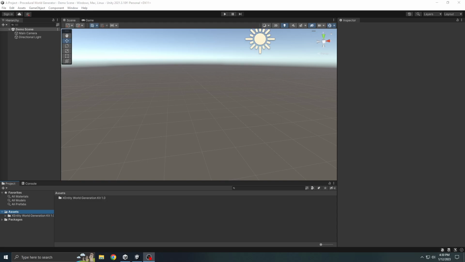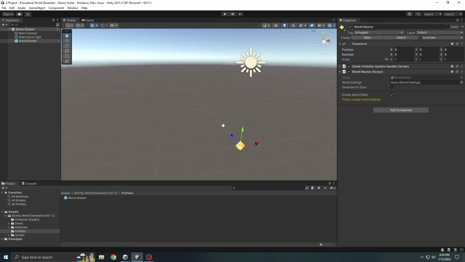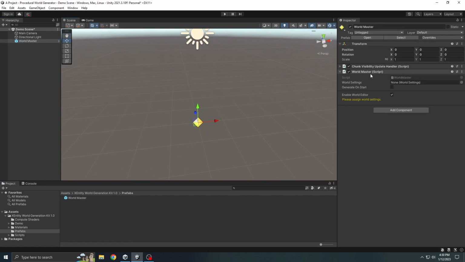Hello everyone, in this video I'll be going over how to use the Xentity Procedural World Generation tool. It's pretty straightforward, so once you have the asset imported, you'll have this folder. If you go in here, go inside prefab and drag this world master object into the scene, and you'll see